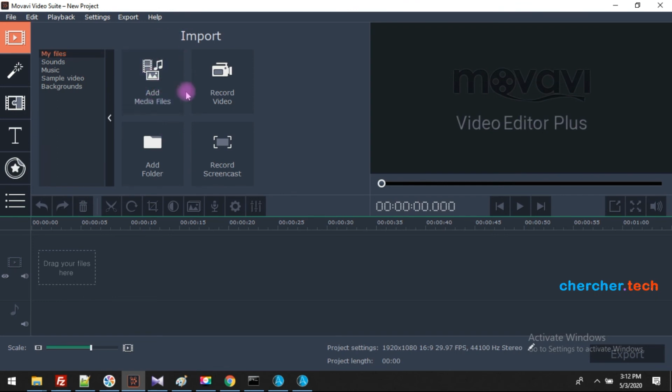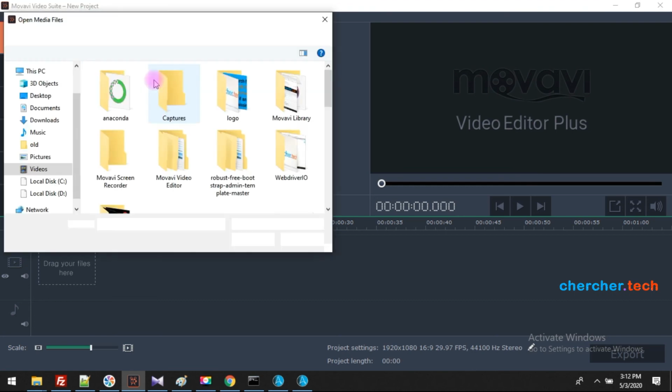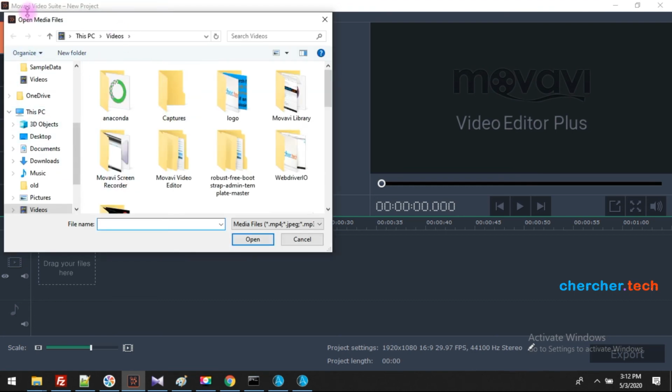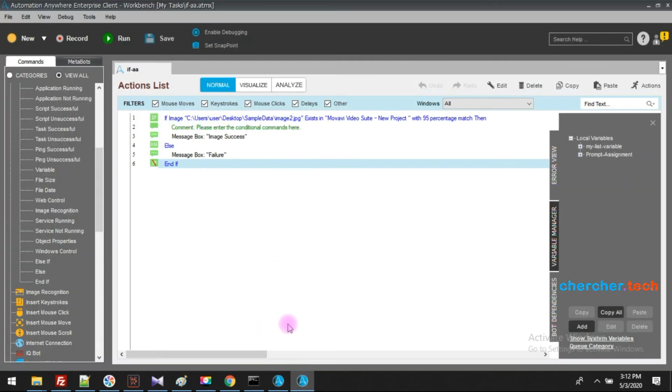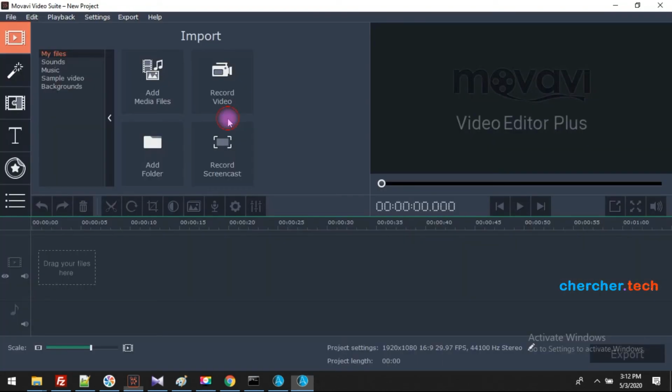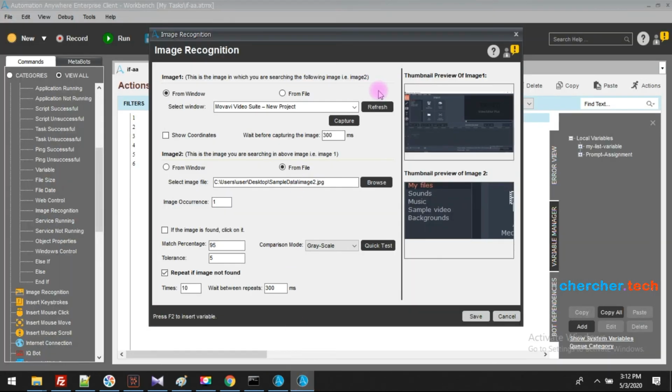Now I want to click on it, add media files. So let's see what happens if I click it. If I click it, it opens an open media files browse folder. Okay, now close it. So there was an option for it, that's why I was telling. So there was an option, so here you can see the option, if the image is found, click on it, so you can check it